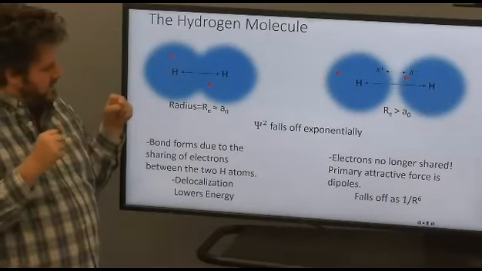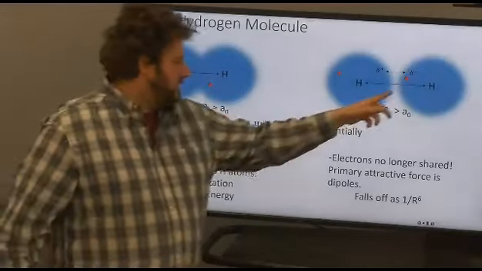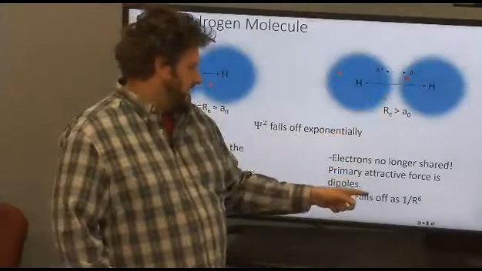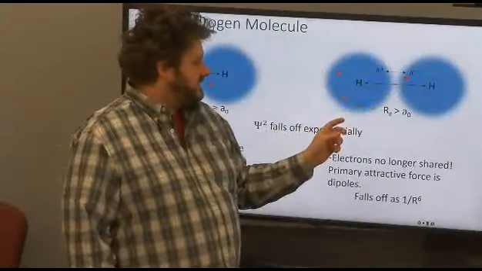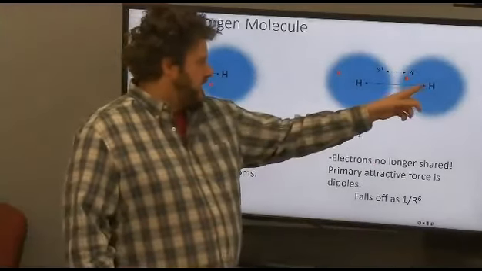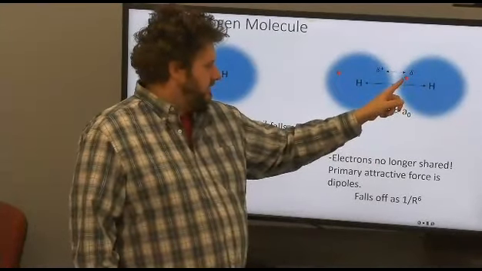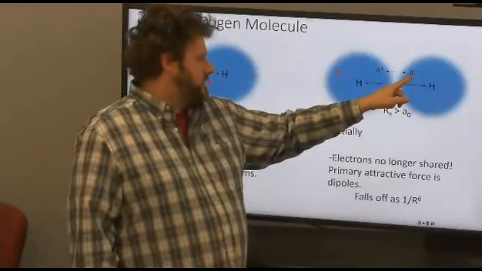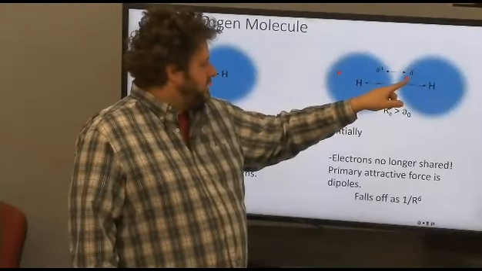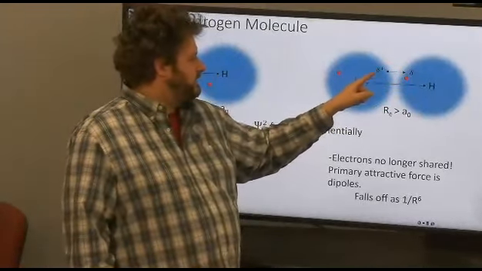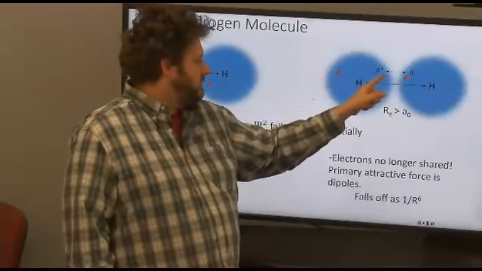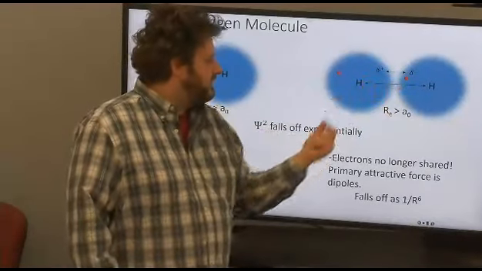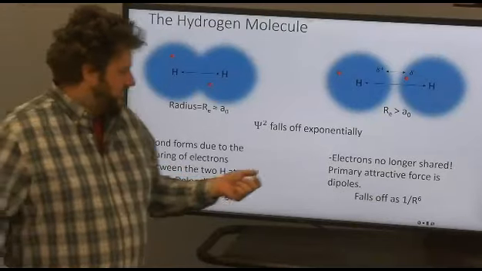But if you start to pull the hydrogen atoms a little bit apart, you're going to end up localizing the electron on each hydrogen nucleus. And when you do so, you can get this dipole, because no longer are the electrons delocalized across the entire system equally. You'd think of potentially an electron being in this portion of this hydrogen atom, and as a result, it's going to have a partial negative charge in this region, and that partial negative charge can attract a partial positive charge as a result of this electron being repelled from this region when it feels this electron and leaving behind partial positive charge, and so then these two can attract,